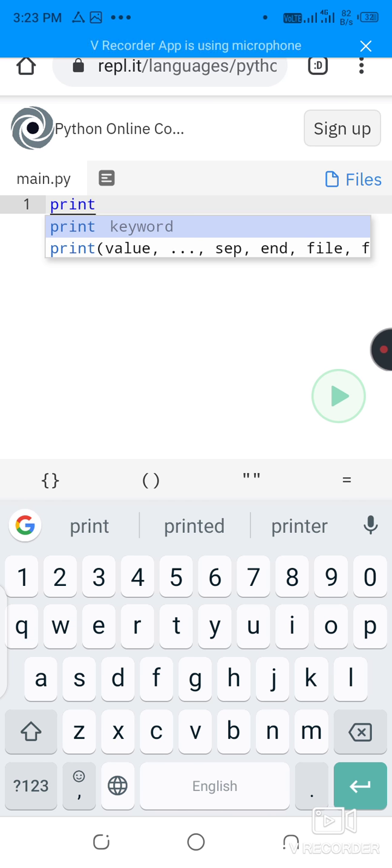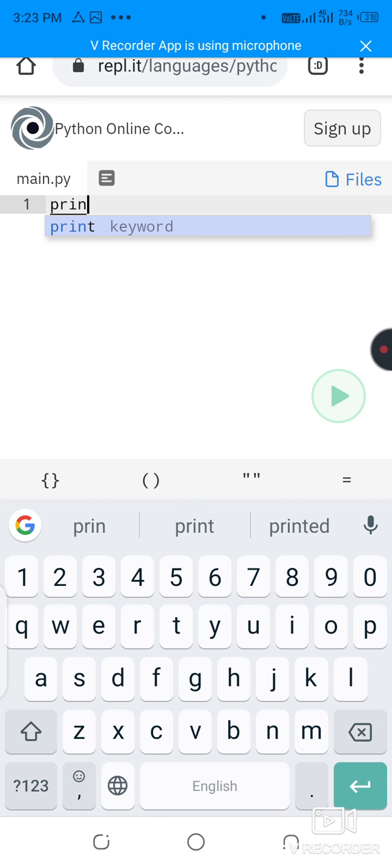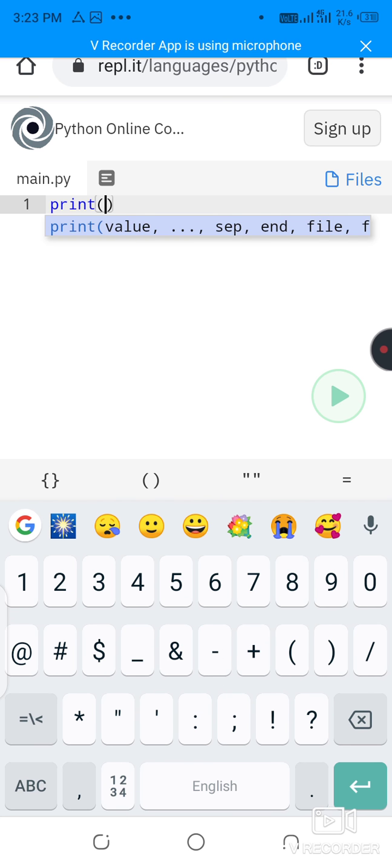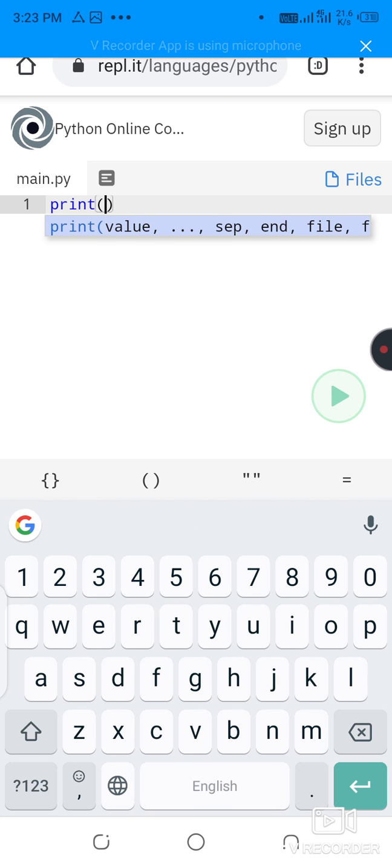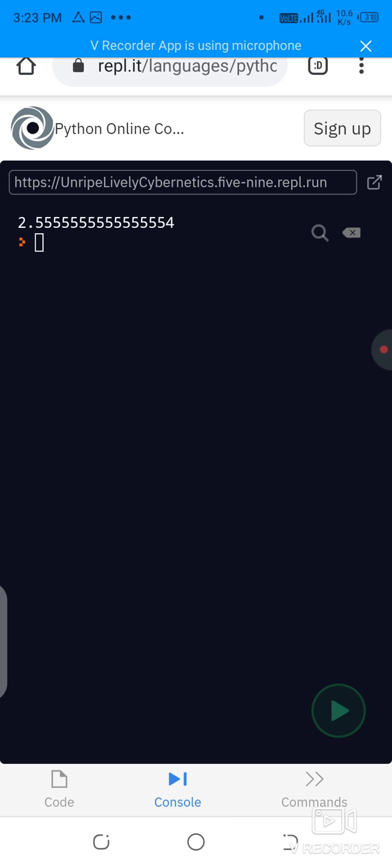In the division we have to write bracket 23 upon 9, okay, and then the answer is 2.555, and this is the answer.